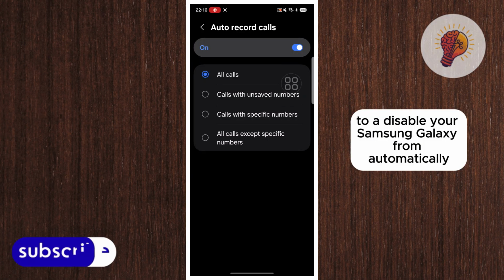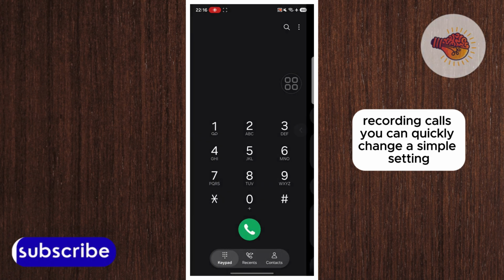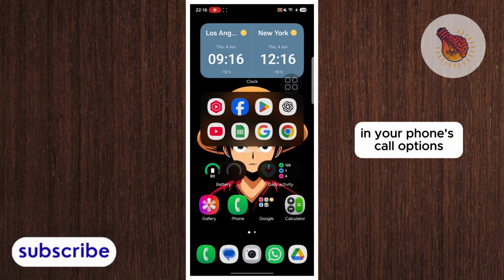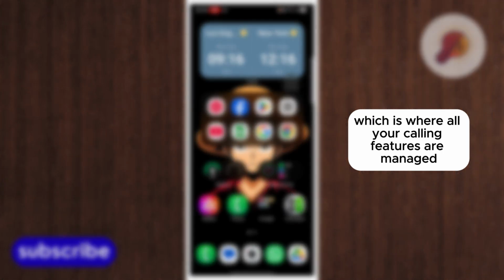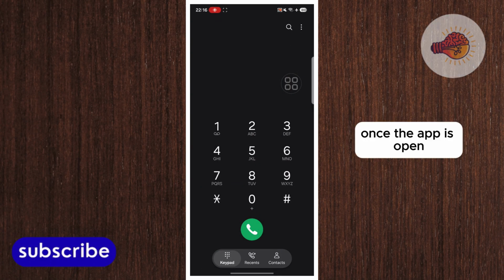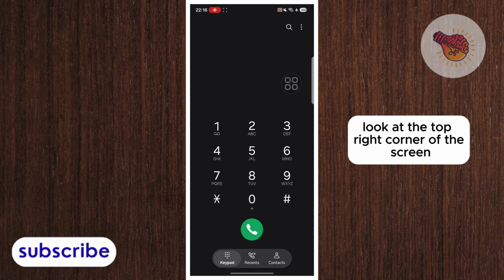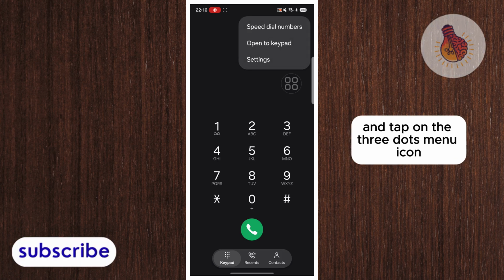To disable your Samsung Galaxy from automatically recording calls, you can quickly change a simple setting in your phone's call options. Open the phone app, which is where all your calling features are managed. Once the app is open, look at the top right corner of the screen and tap on the three dots